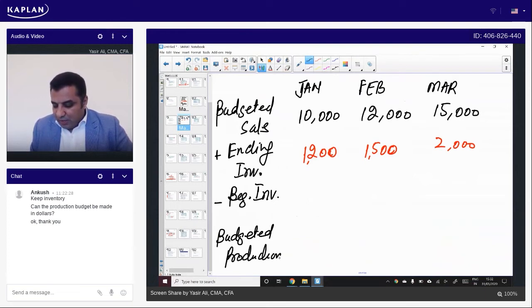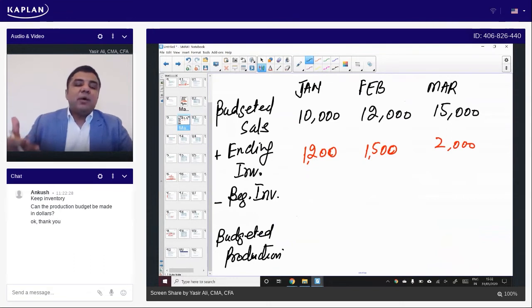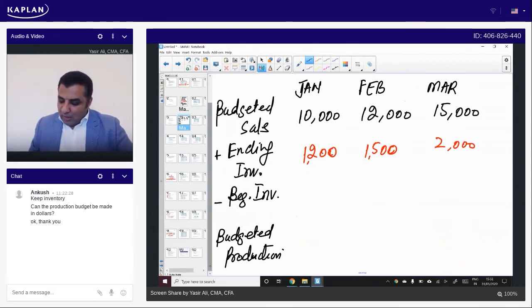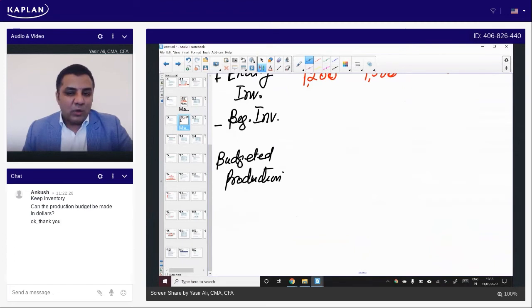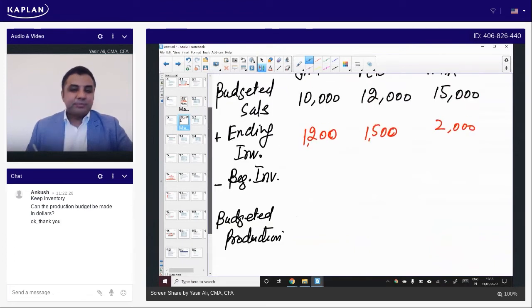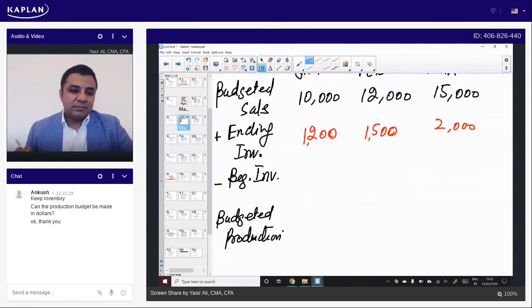Now the issue is that nothing has been told about the beginning inventory. And this is where we'll have to improvise. This is the actual problem in this question. Now, one insight: do you have any insight into what the beginning inventory should be for any month? I want you to think about what the beginning inventory should be for any month. This is a critical point. The beginning inventory for a given month is the ending inventory for the previous month.